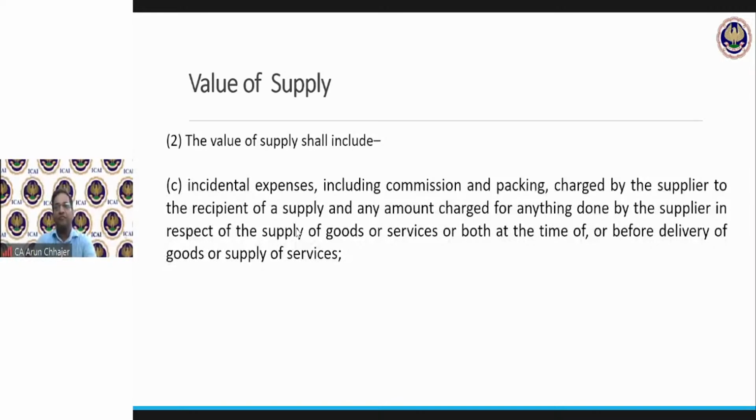Now in this example, let's say XYZ has given petrol worth rupees 2 lakh for the construction work, because he needs multiple machines which are running. So petrol and diesel are being supplied by XYZ. Will it be added in the value? Answer is yes. It is not necessary which expenditure is added. We are not adding the expenditure. We are adding the amount which is reduced. So we are adding back, so that it is as per the agreement. Why are we adding? Because this reduction in the value is not permissible.